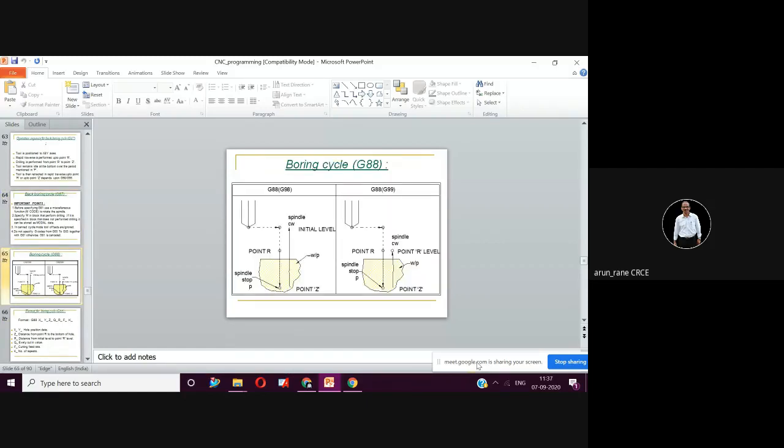Then G88, you are already familiar. In G88 the spindle will return to the original position and not just R position. This is what is your R position, which generally we keep 2 mm. In G88, it is returned to the main position,